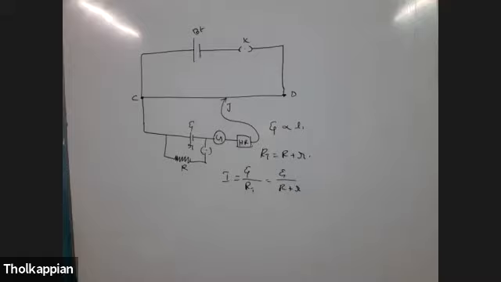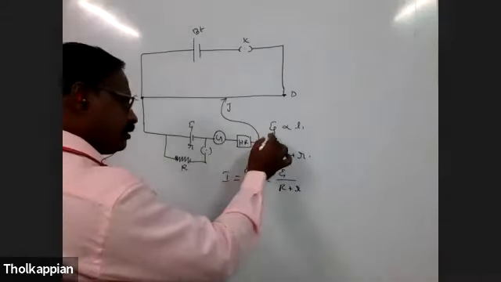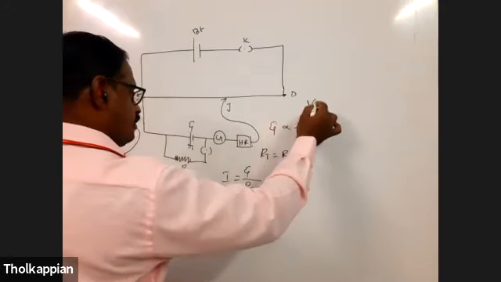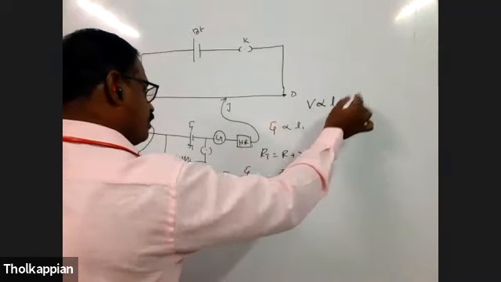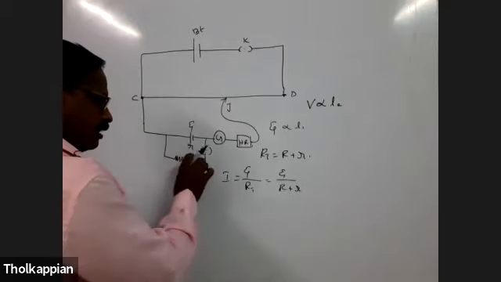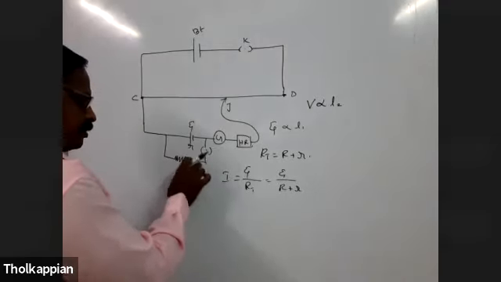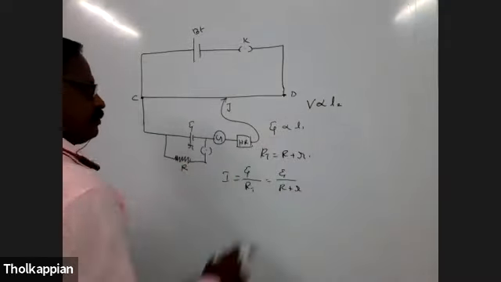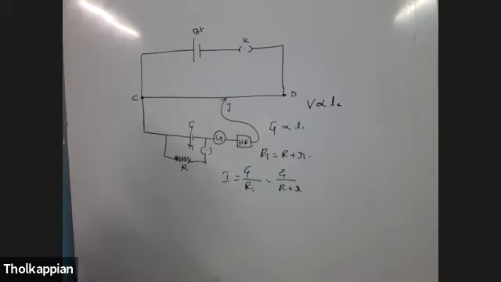Then next, V is equal to the total voltage. Here the EMF after connecting the resistance, that is the potential difference V. So V is proportional to L2. After you include the resistance R, the balancing length changes. That is said to be V2. Could you understand? The balancing length changes.